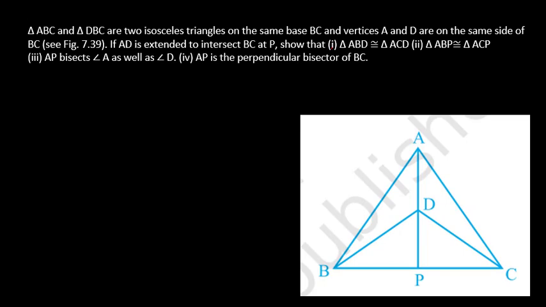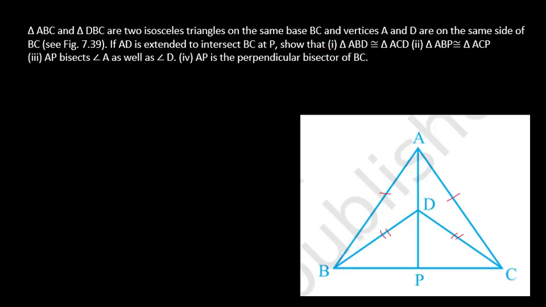Now let us mark what is given on the diagram. So it is given that triangle ABC is isosceles triangle. So when I say isosceles triangle, that means this side AB and then this side AC, they are equal. Second, triangle DBC is isosceles. So this DB side and then this DC side, this is equal. I have to first prove that ABD is congruent to ACD. So here you can use side, side, side. AD is common side. So by side, side, side criteria, we can show that they are congruent.